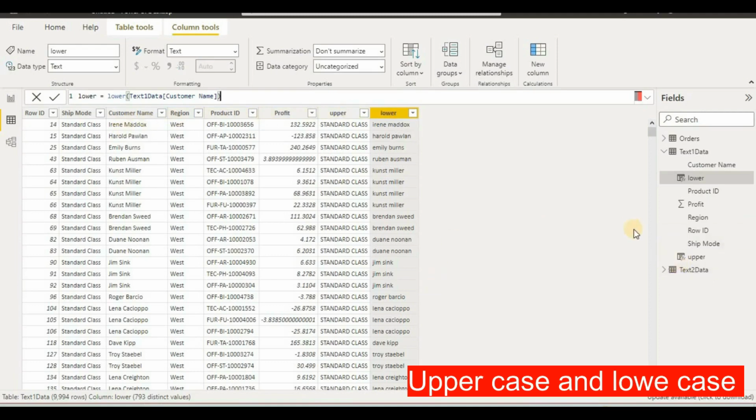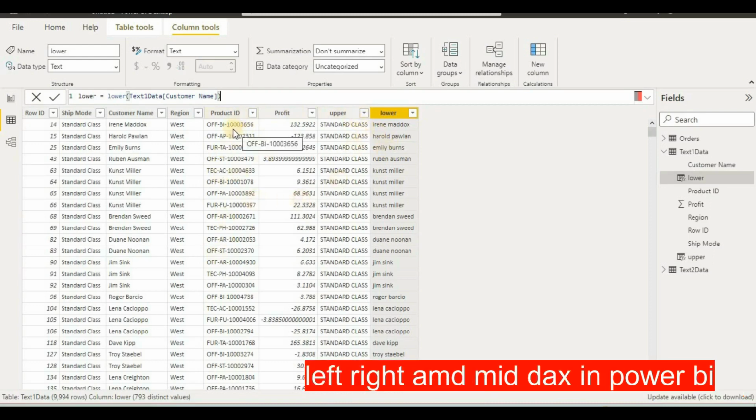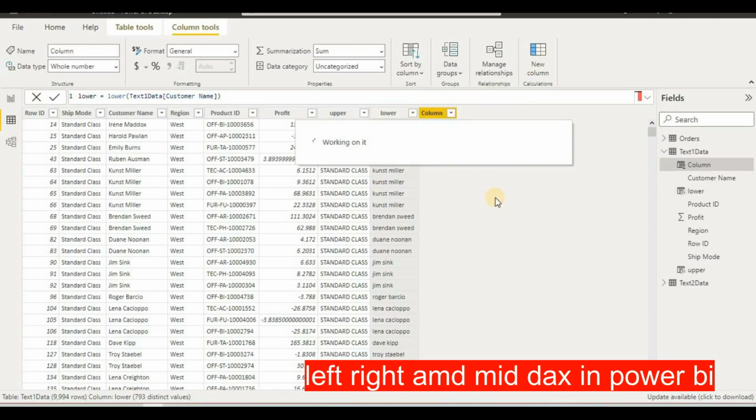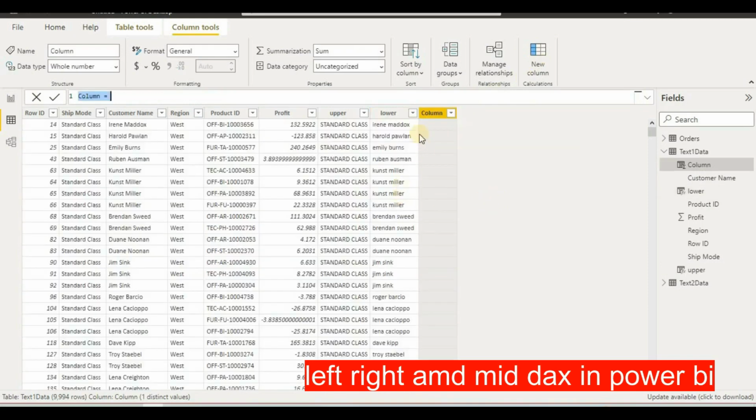So next what we will do, we will find out left, right and mid from the data. Suppose we will take this product ID and we have to find out left, right and mid of the data. So how we can do that? We will add a new column here, and after adding a new column here, we will give it a name like left. After typing left I will put